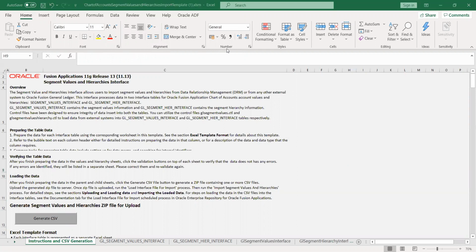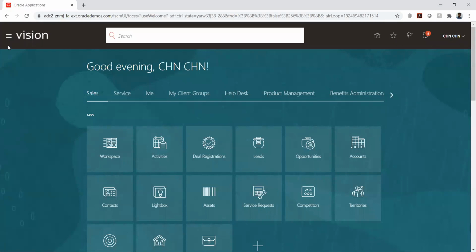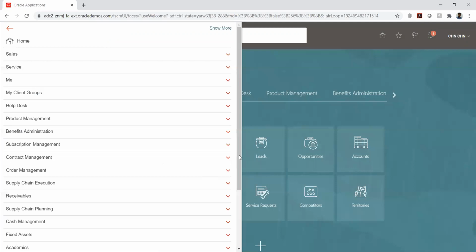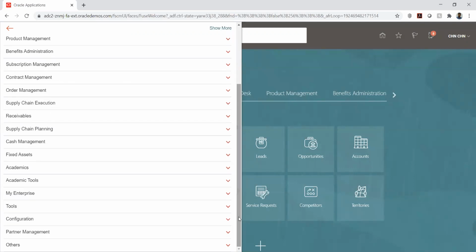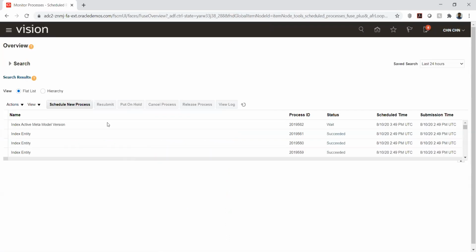So now let's try to load these values into the Fusion application. I'll click this left bar, navigate to tools, and from tools I'll click schedule job. I click schedule new process.